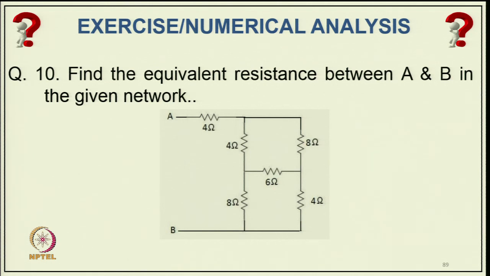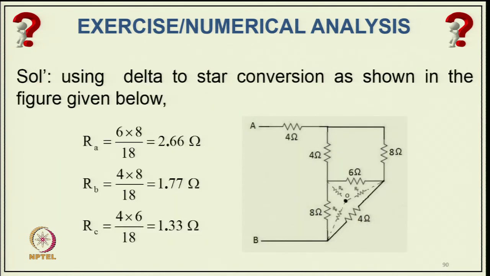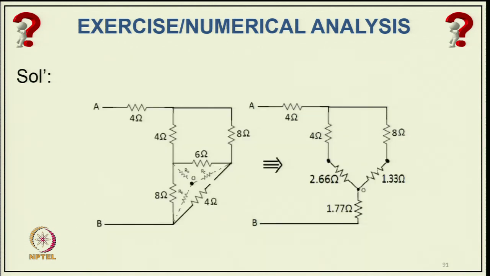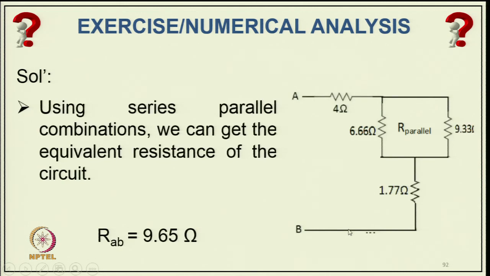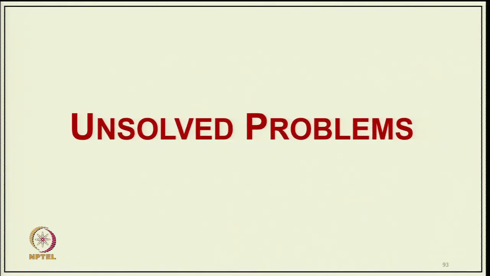Similarly, you can take this other example, where you have to find the resistance again. You have to convert one delta into star, the lower one into star, and find the resistance, which converts the network into this. Now you can add these two resistances in series with this, and find the total resistance of this network. These are some of the unsolved problems,